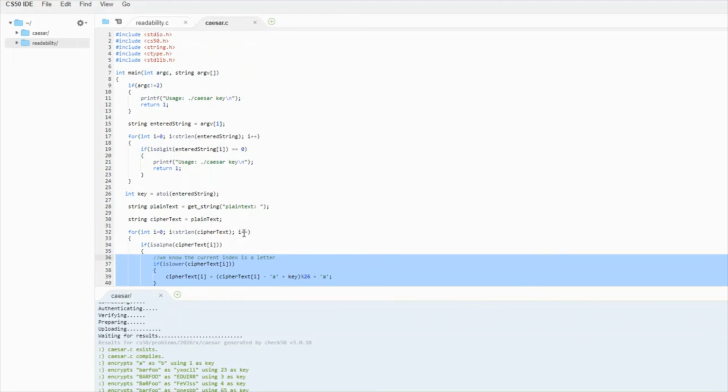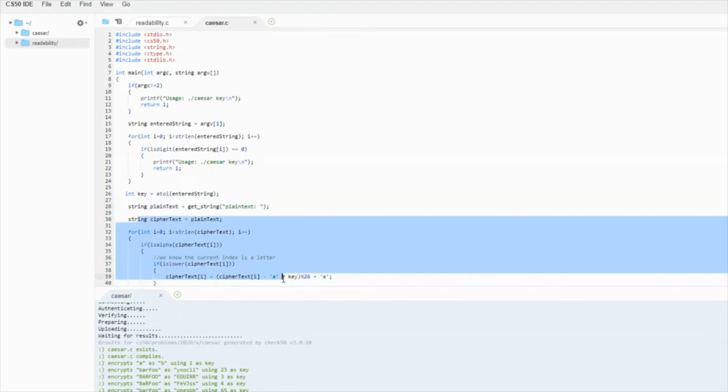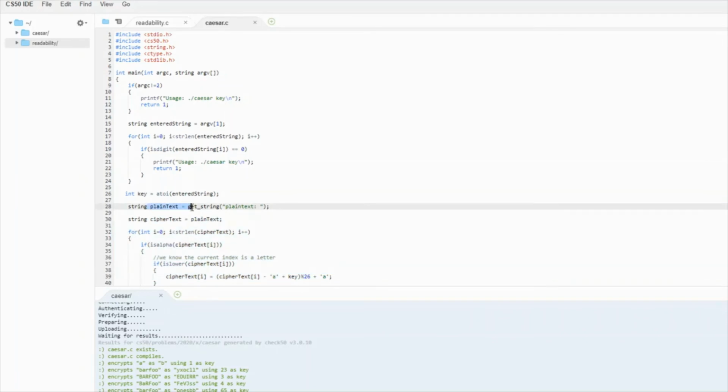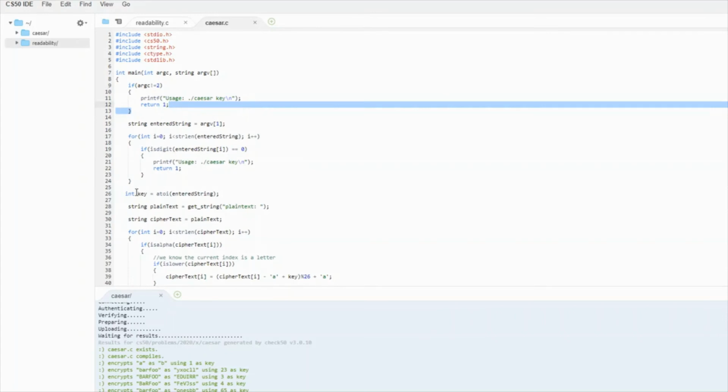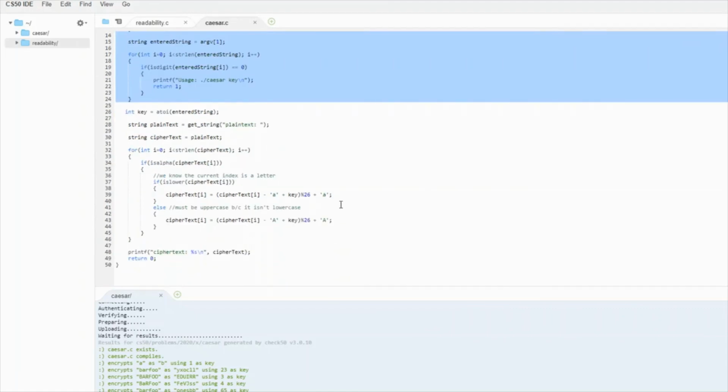You could alter the text they sent in and put all this in a string to pass around the string that they're submitting. You could put this error checking in a method so you hide this all out and just put like is valid input. So I think there's lots of different ways you could reformat this to make it cleaner. This is working code, and I will let you all see what you can do with reformatting.